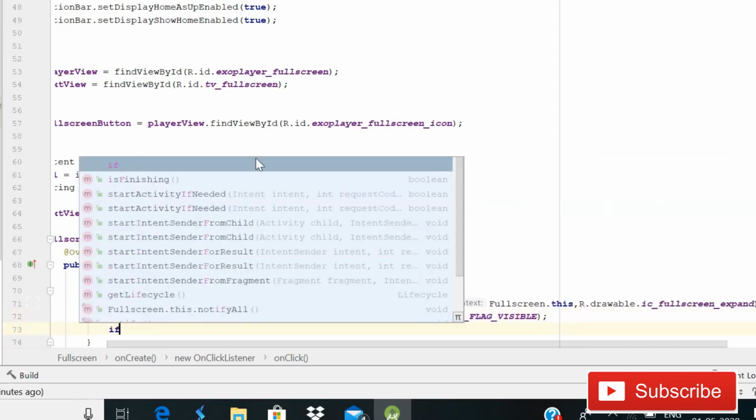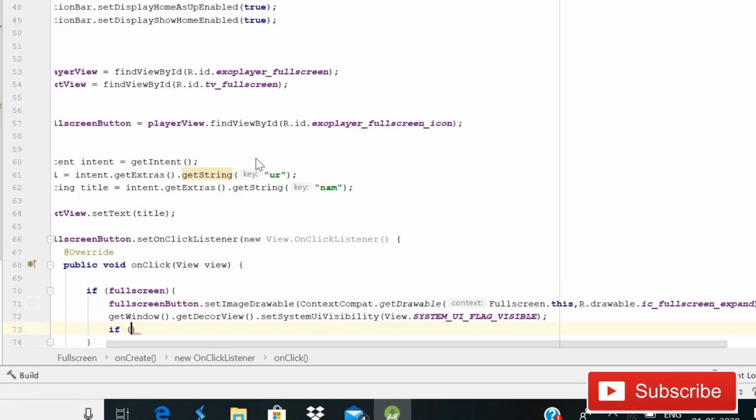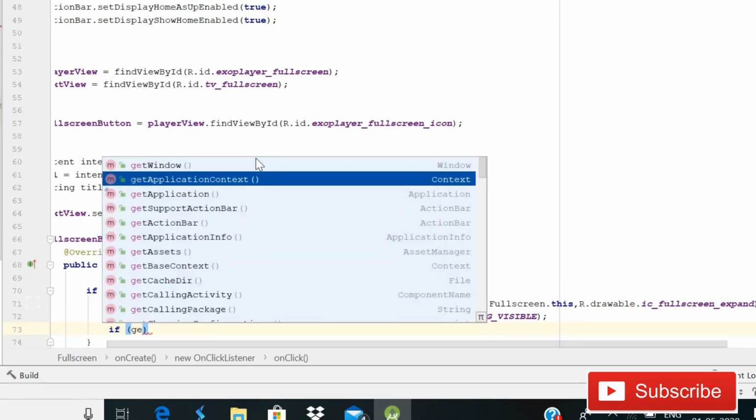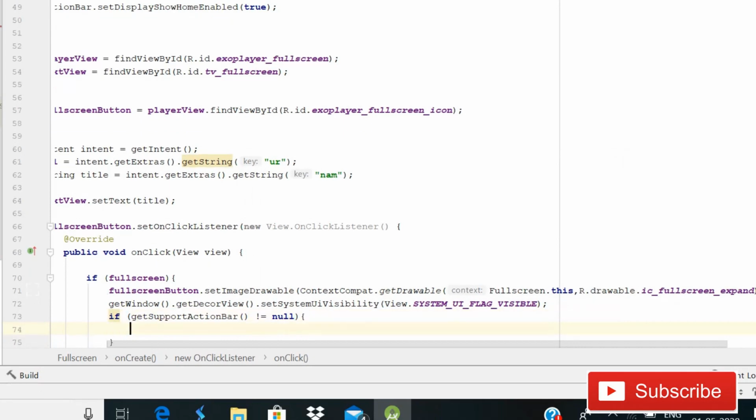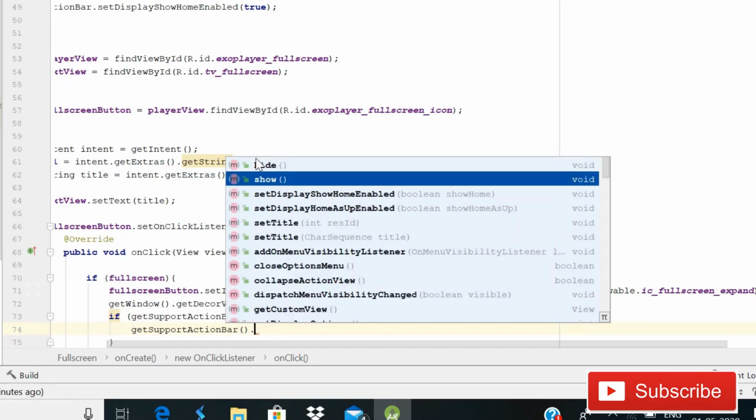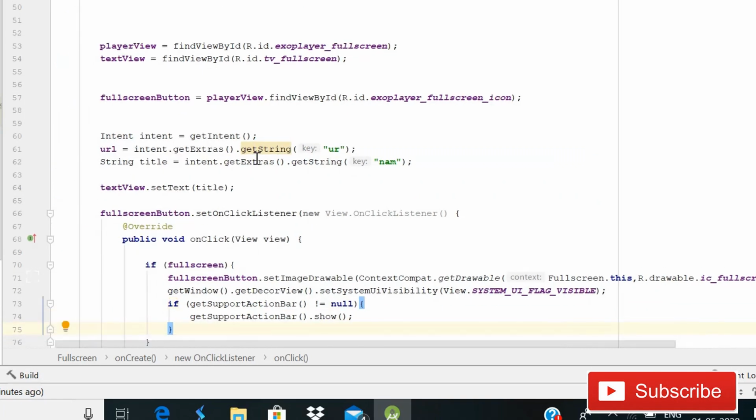So now we will check whether we have a support action bar or not. So simply write if, and then write get support action bar, and if it is not equal to null, then we will simply show it. So dot show, and yes guys, we will show it. And after this here we will do is